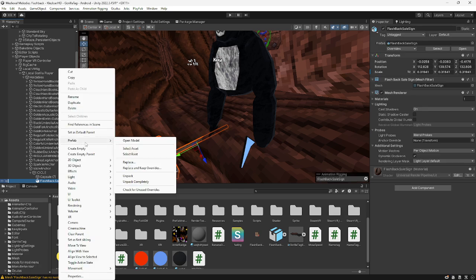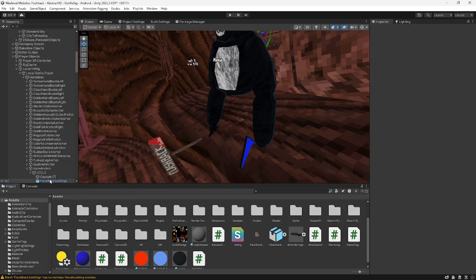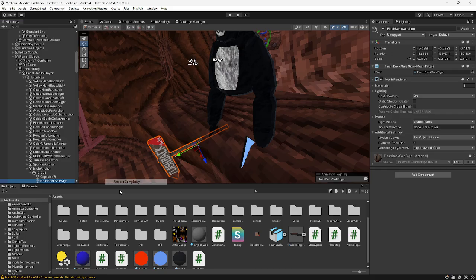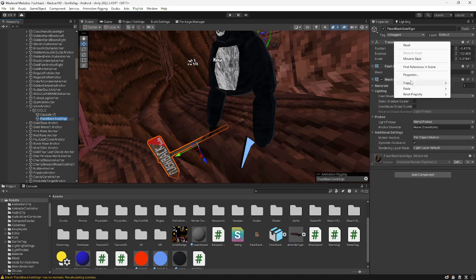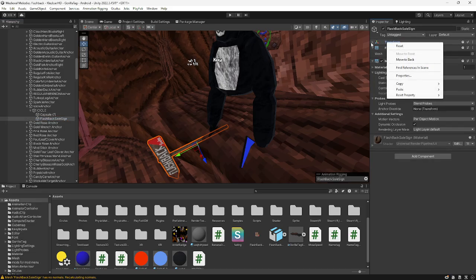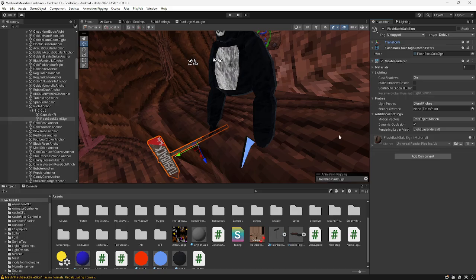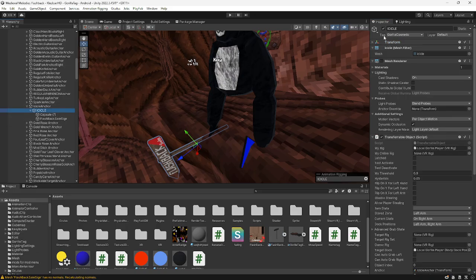Alright, now that you have this on here, you want to left click it, prefab, unpack completely, and then boom, that's on there. Then you want to see transform appear, like when you click on it, and then go to transform, left click, copy the component, and then turn off icicle,